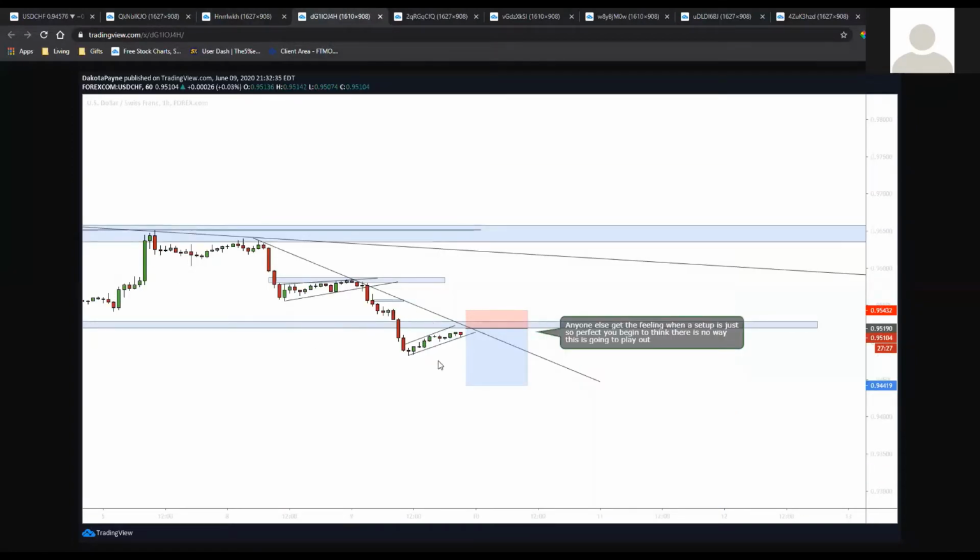Okay, and then here last night, this was the final entry that we took, and it says here, it's a perfect setup. The only thing that was missing was just getting to that kill zone, but it looked like it was going to that kill zone. I decided to enter off of the next engulfing candle that happened here, or that broke this pattern. So I entered off the engulfing candle that broke the pattern here right before I went to bed. And